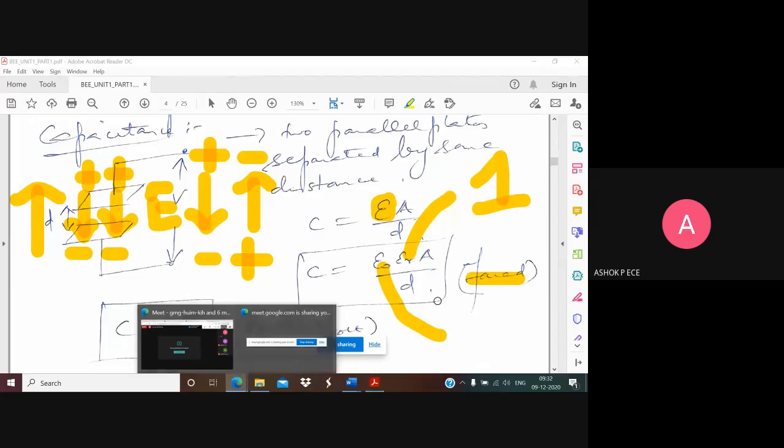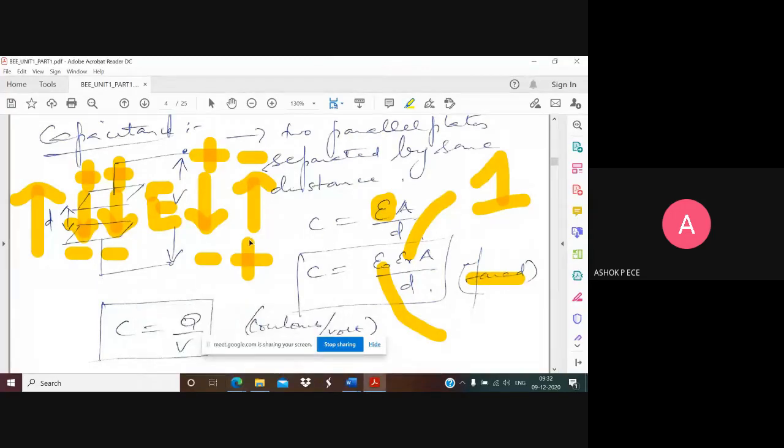See, capacitors and inductors come under a category of components called lumped elements. Lumped means they cannot accept a sudden change in voltage. The resistance can accept a sudden change in voltage because it is a linear element. But capacitors and inductors are non-linear elements. The parameters don't vary in a linear way.